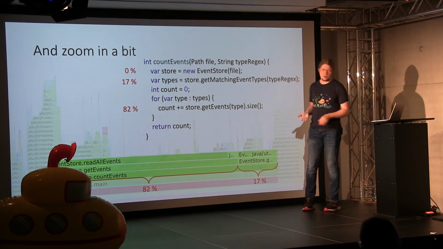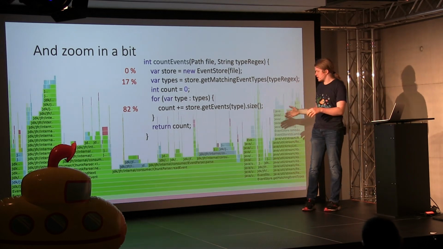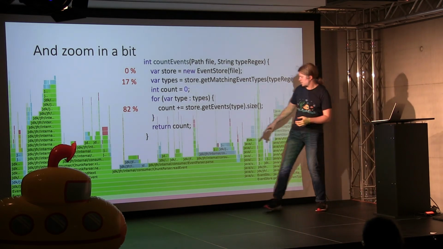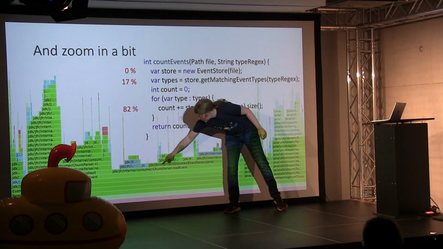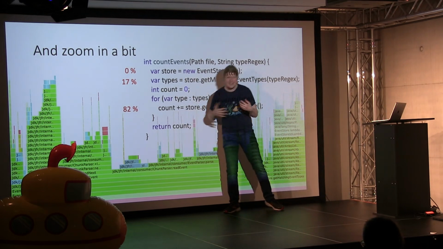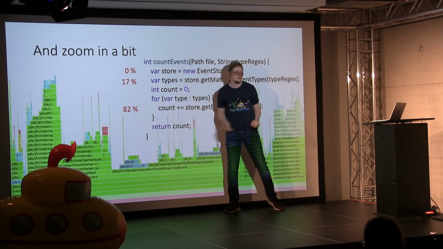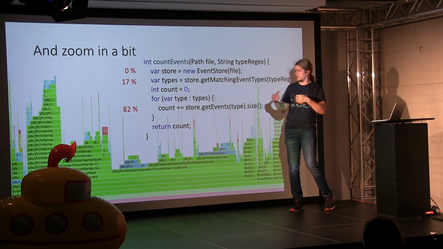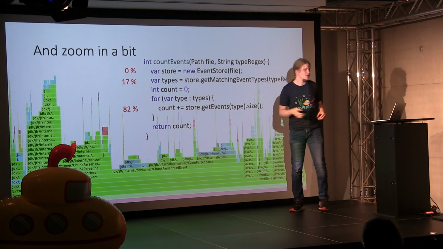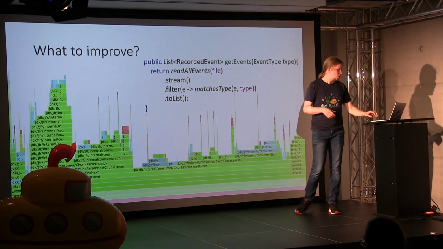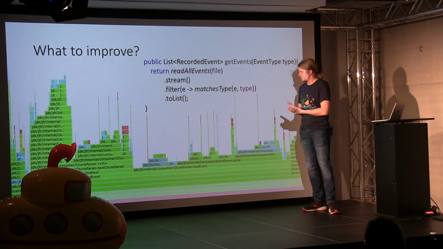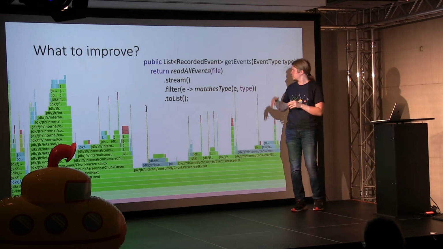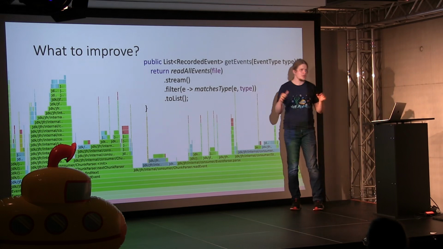So this is essentially what the flame graph tells us, and it also tells us when no method is on top of a method. For example, here it tells us that the method also took on its own some time to execute. So this is a basic concept, because flame graphs really allow you to see the whole picture. And so one could imagine that we saw that 82% of the time was spent in the get events method. Yes, we could